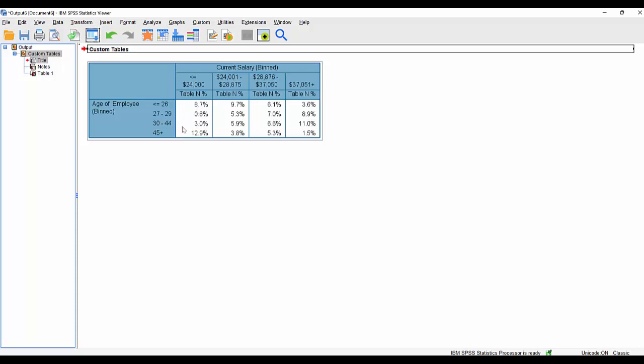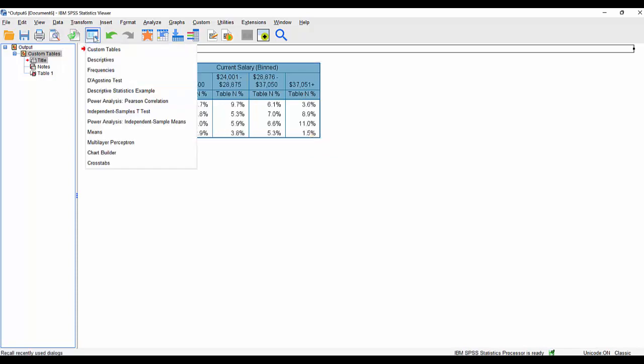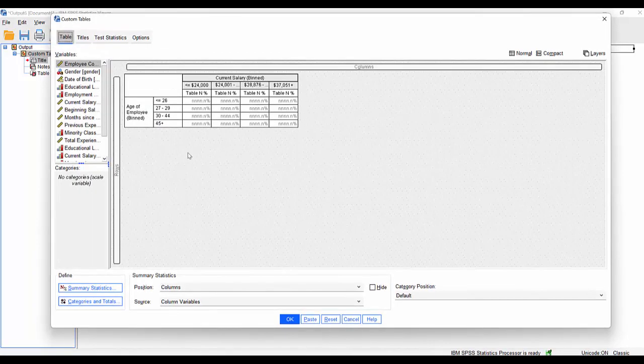So, you know, the largest group is this group down here, which is 30 to 44. They've got the largest frequency count because they make up 11% of that table. So it's 30 to 44 in the $37,051 and above bracket. Okay, so if I go back here and click on custom tables and say, okay, well, look,